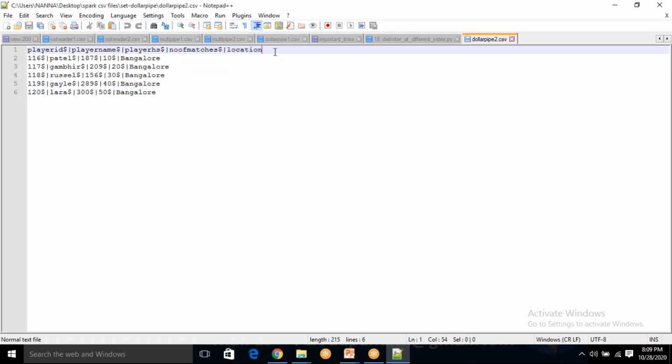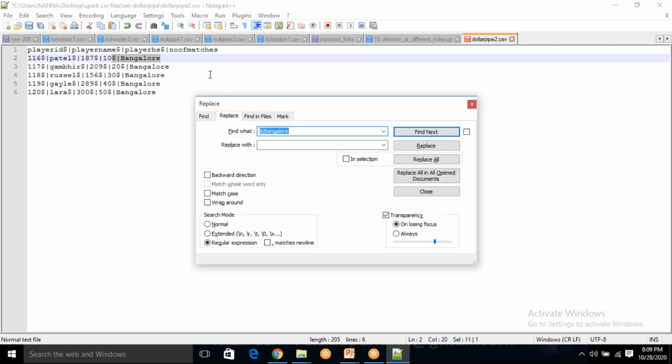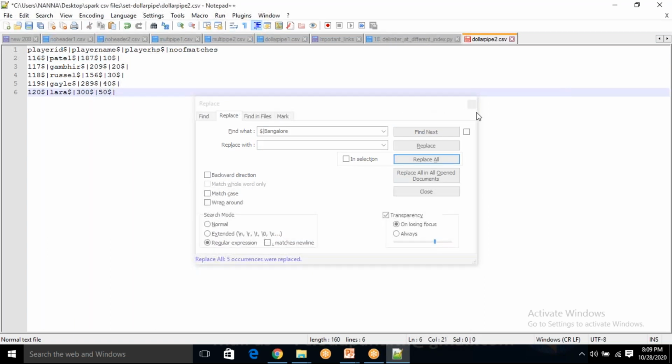Yesterday, to show you a scenario, I added this extra column. Let me remove this bandwidth. Okay, I removed everything.